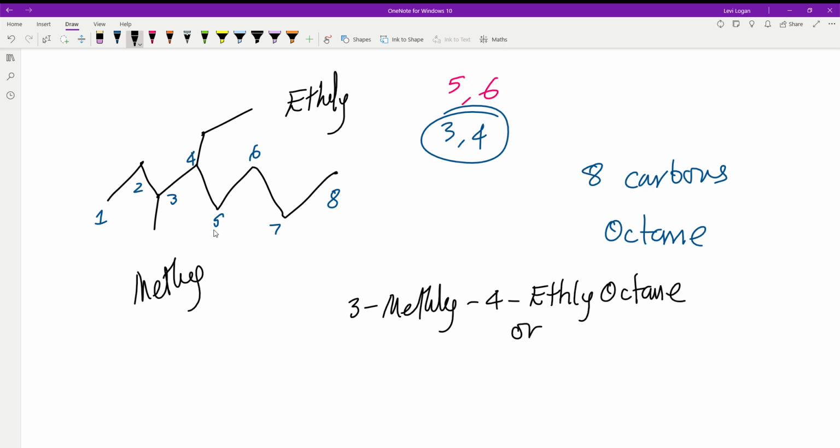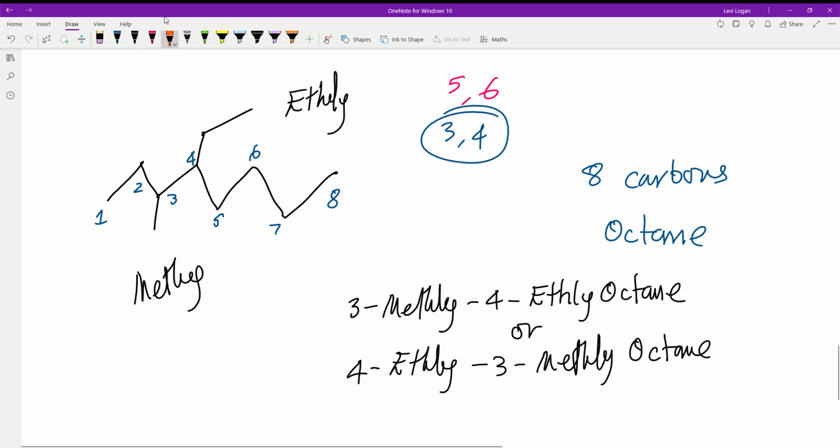Or do you name it 4-ethyl 3-methyl octane? Okay. And the reason why this is a bit tricky is because 1, we have ascending numbers here, but